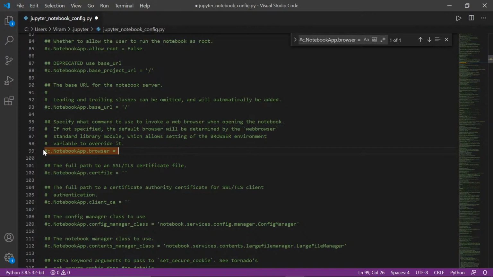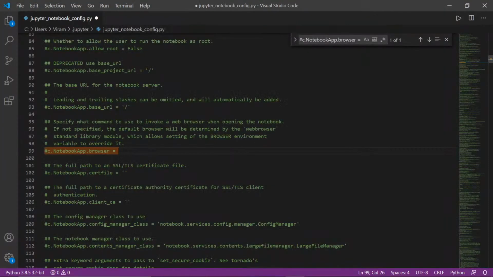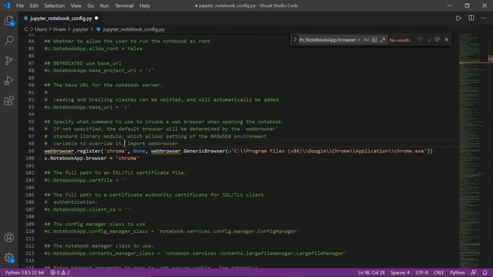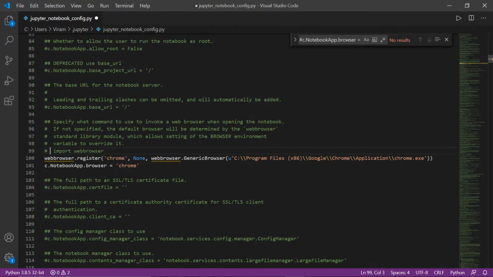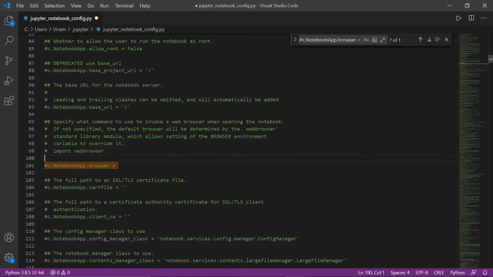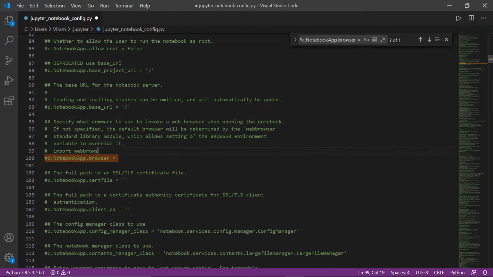Okay, no. There is some shortcut I don't know about copy paste in this VS Code.